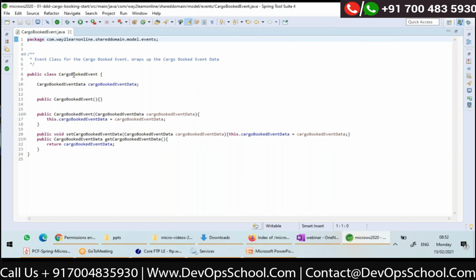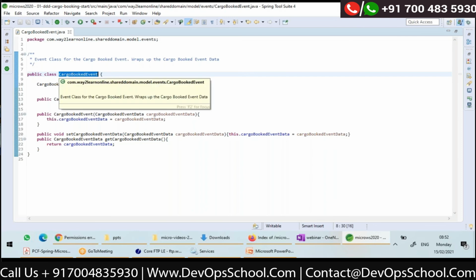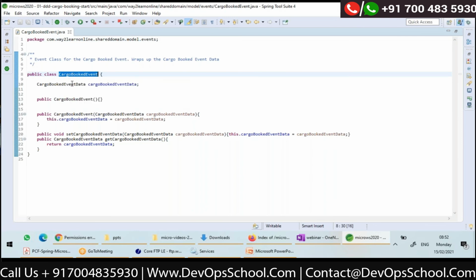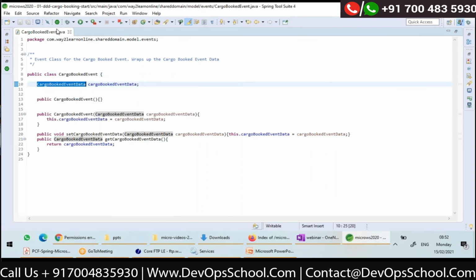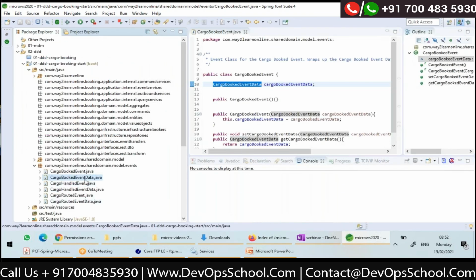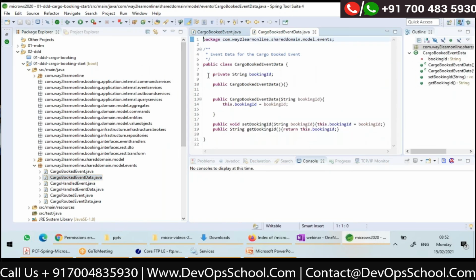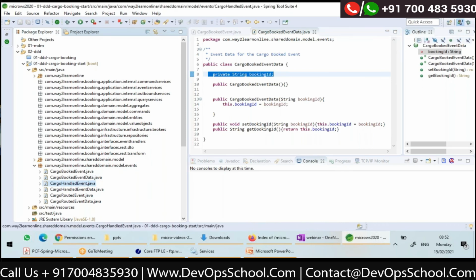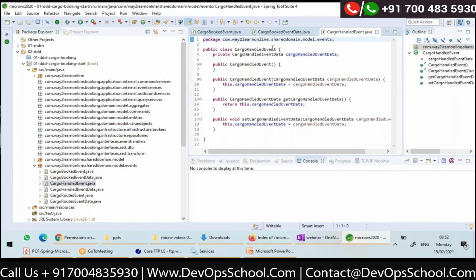For every event, I'll have associated data. I'm representing that with cargo booked event data. Here is the cargo booked event data, the data associated with the cargo booked event. If you see here, it has only the booking ID. That's all. Similarly, cargo handled event is one event class, and it also has cargo handled event data.